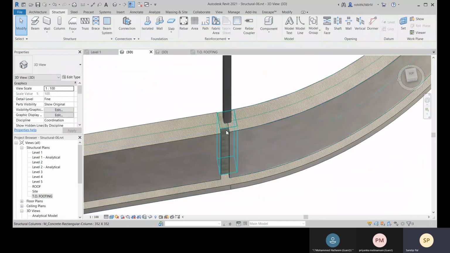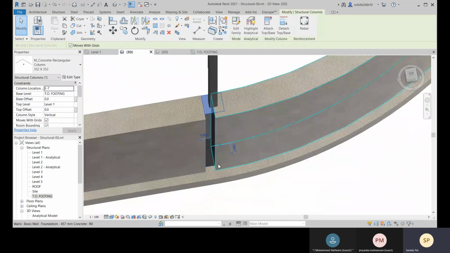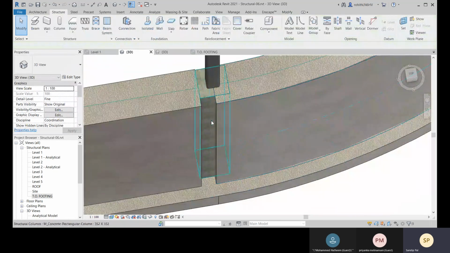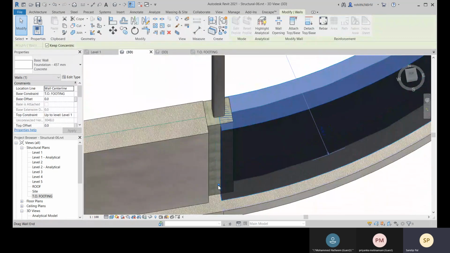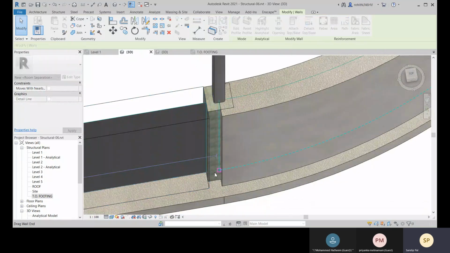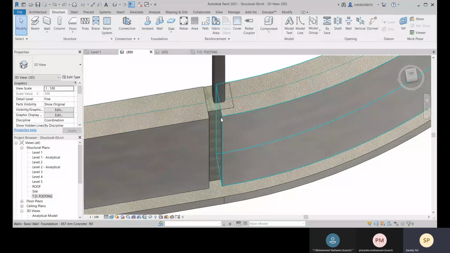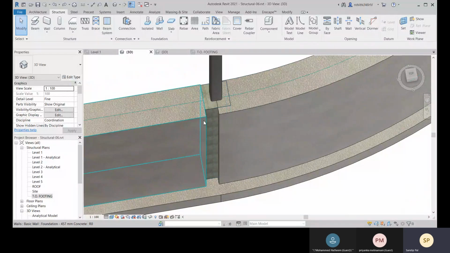Like this. Or here what you can do is you can place pilasters. Okay, so here you can increase the size of your column, or else if you need to place like this, so here you cannot increase like this, you cannot do that. Or if you are doing it, it will cut it. So here you will not do like that, so it will meet at this end surface of your column. This wall will meet at the end surface of this column.